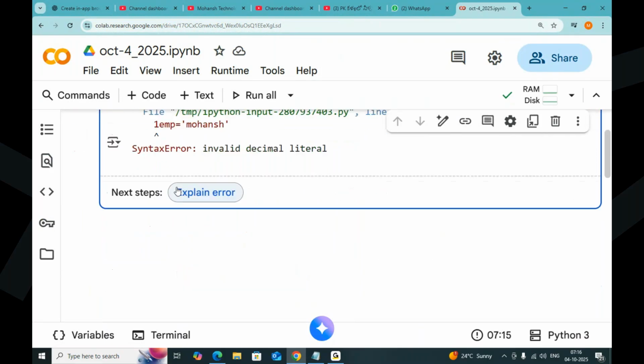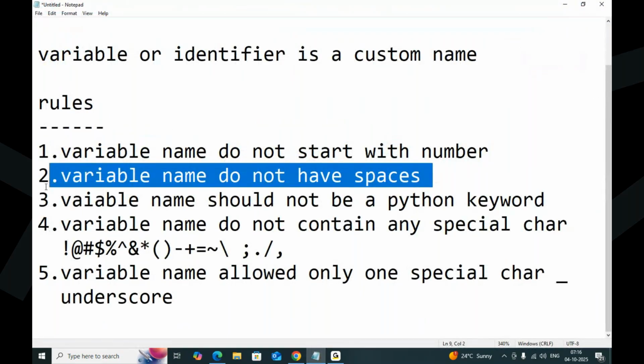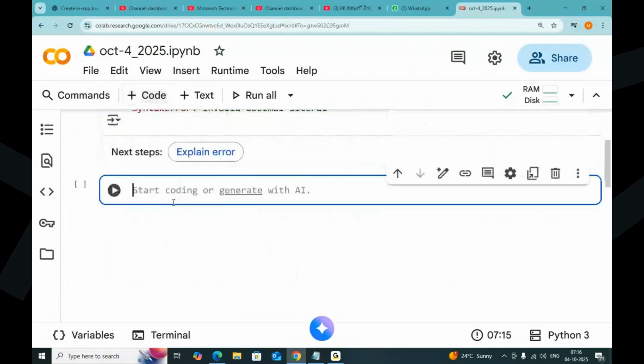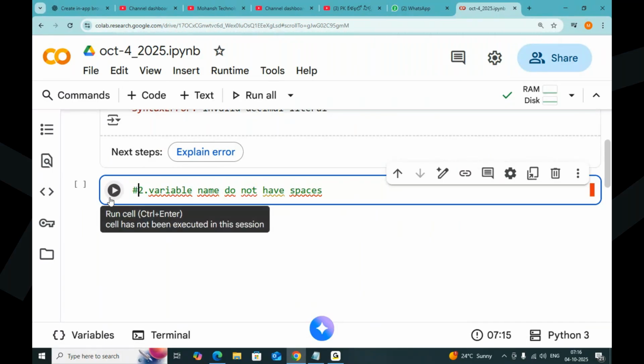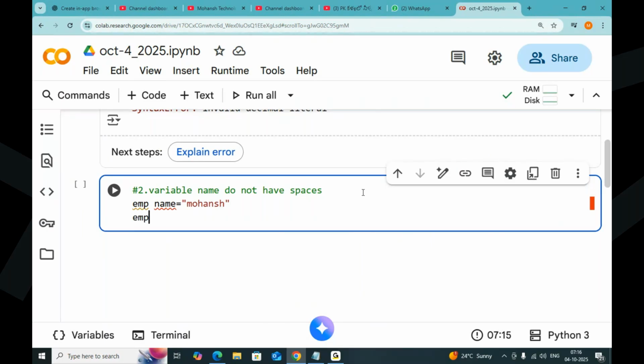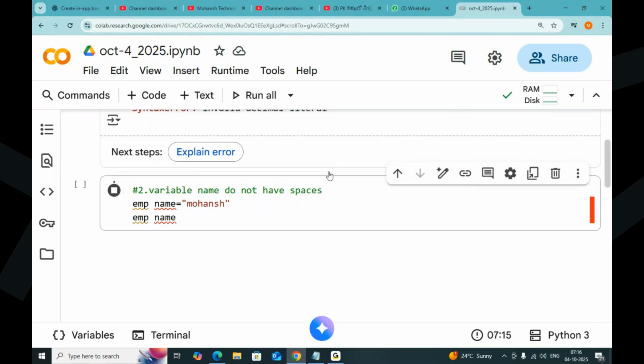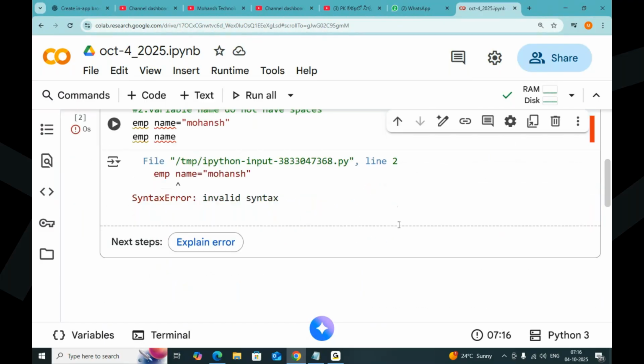Come to the second rule. Variable name does not have any spaces. Let me create one more variable with a space. Let me give a comment here. Employee space name is equal to Mohansh. When I try to create a variable name with a space, is it allowing or not allowing? Obviously, it is giving the error. Can you execute it? What happened? Invalid